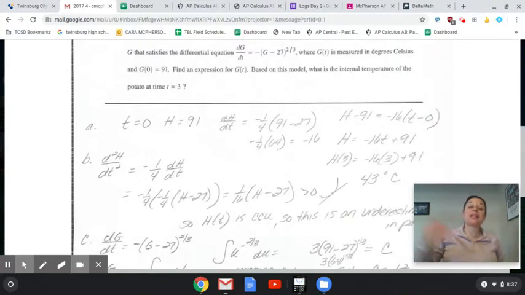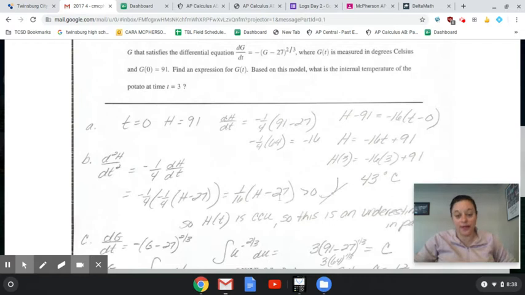Now you have to replace that because you know what dh/dt is. Anytime you derive something twice implicitly, you're going to replace your first derivative with what the first derivative was. So you'll notice right below that I wrote the first derivative again. A negative a fourth and a negative a fourth is going to give me positive 1/16, and then I still